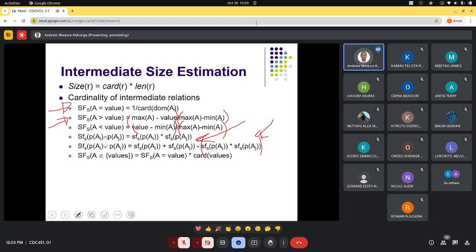That one, yeah, you think about it in terms of statistics and probability. Yes, when you talk about a set of values, it is the same as the first one. For example, if you're saying select stuff from courses where course code is in a set B, C, and K. Those are 3 values, so it is the same as 3 divided by 26. Right, so you need to be aware of this cost estimate